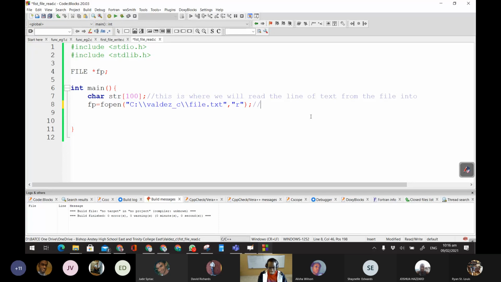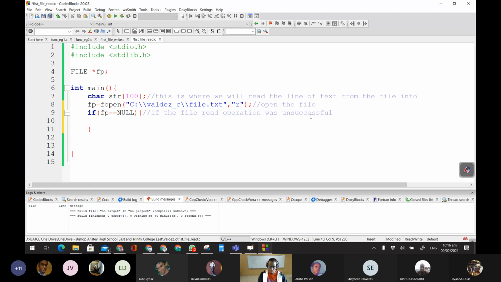So what I'm saying is that we open the file here, but after we open the file with a file read operation, we have to check to see if the file really existed for us to open. So we have to say if fp is equal to null, which means the file read operation was unsuccessful,